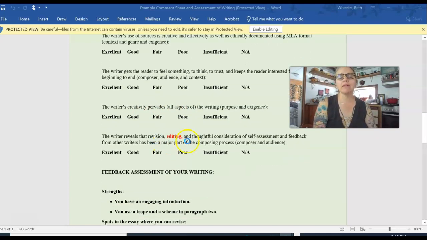writing. And then the last element, you notice the word editing is highlighted here, and it has to do with those 20 most common errors. So I'll think about the number of errors that showed up, how many times I had to hit a highlighter to show you where an error was. And so that's the quality of your editing. I mean, if you've edited well, I won't mark very much. And if you haven't read through and edited at all, I'll be marking stuff a lot more often.